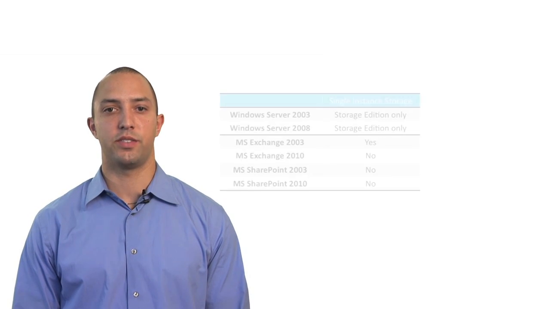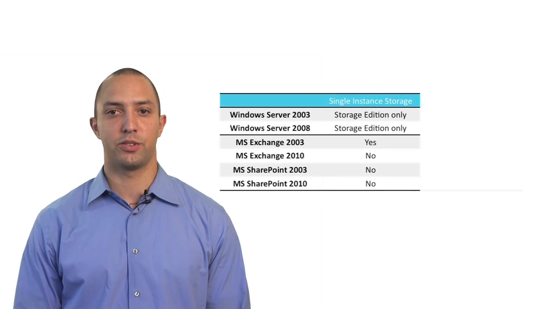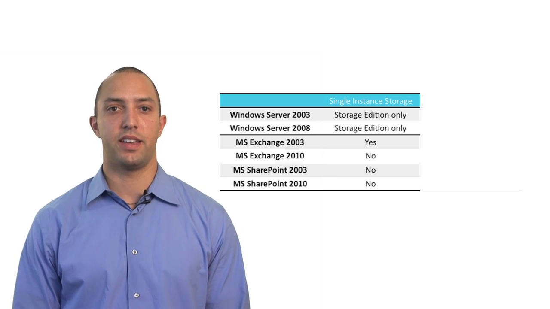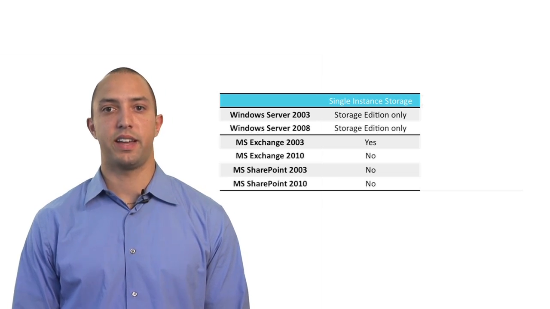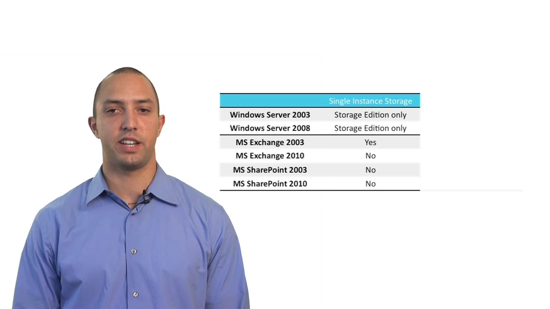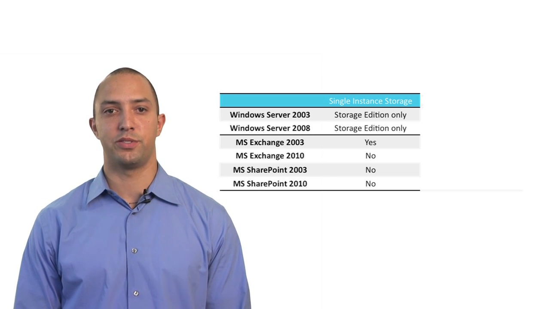Microsoft introduced Single Instance Storage or SIS to the Storage Edition of Windows Server and had included it in older versions of Exchange, but SIS was removed from Exchange 2010 to improve performance. Without SIS in standard Windows Server and removing it from Exchange 2010, the door is now open to storage inefficiencies